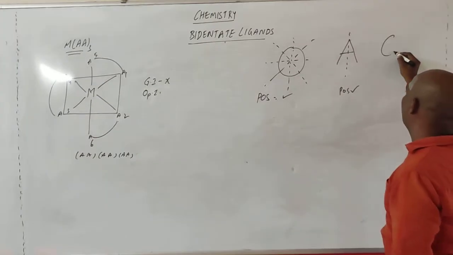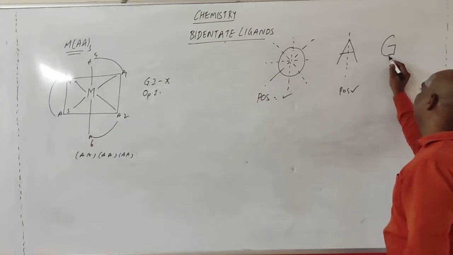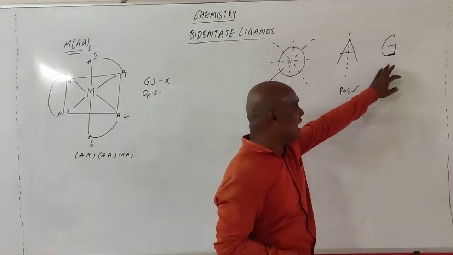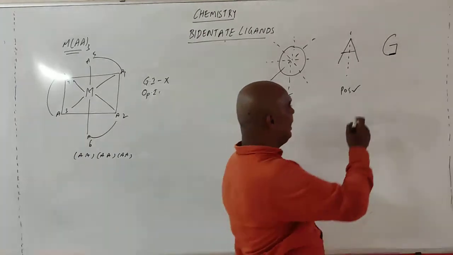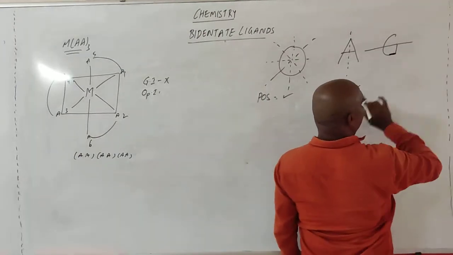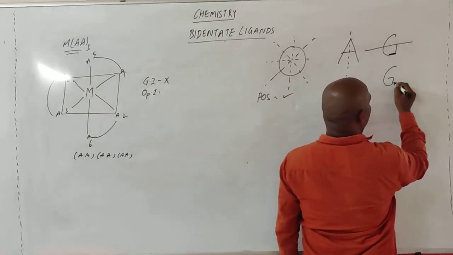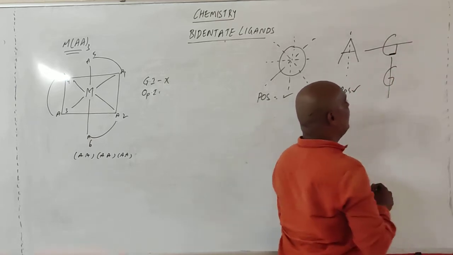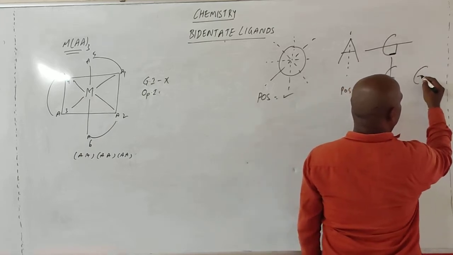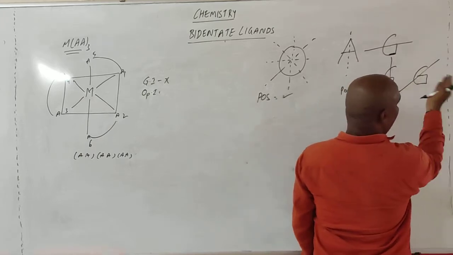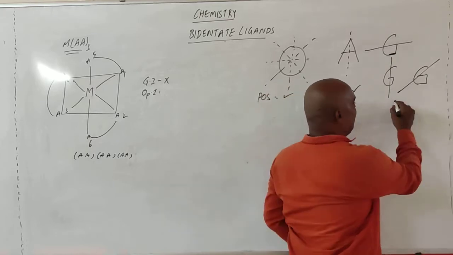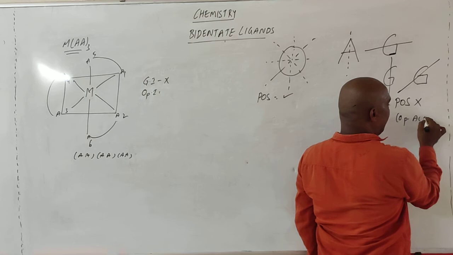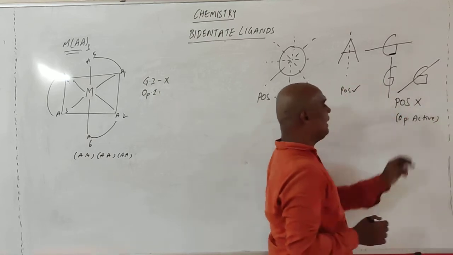Suppose I take a molecule like G. Does this G have a plane of symmetry? You cut like this too, the halves are different. Or you cut like this, this half and this half are different. Or you cut like this, this half and this half are different. So plane of symmetry is absent. Absent means optically active. So G is optically active.